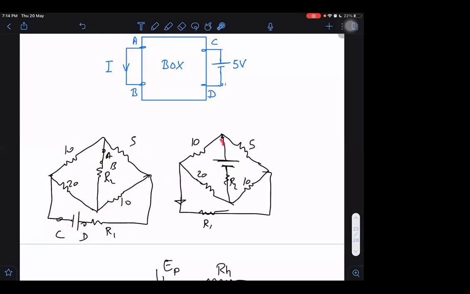But what was the current in this branch in the first place? Zero. And when the battery goes to that place, the current will come to the battery's place. What will be the current in the battery's place now? That will be zero. In fact, both are the same circuits. No? The circuits are not the same. How is it the same? Here the battery is in this place. Here the battery is in this place. How are these the same?